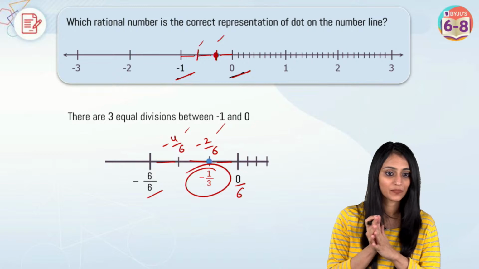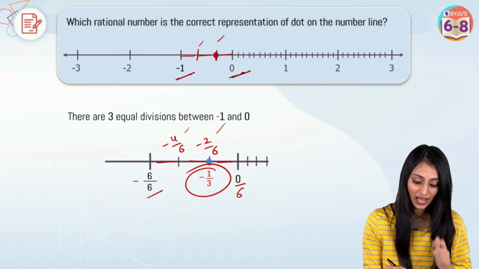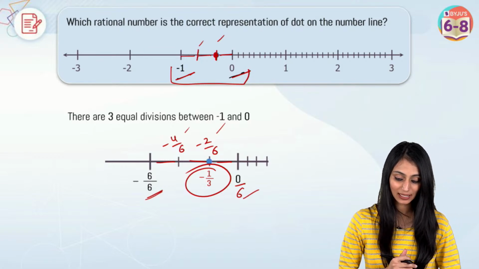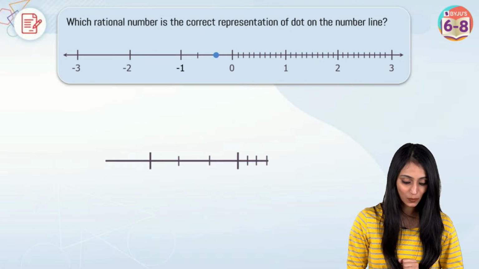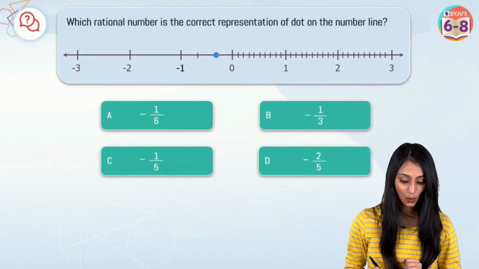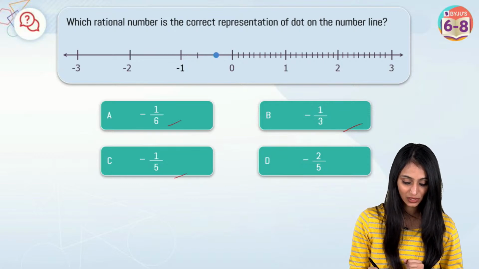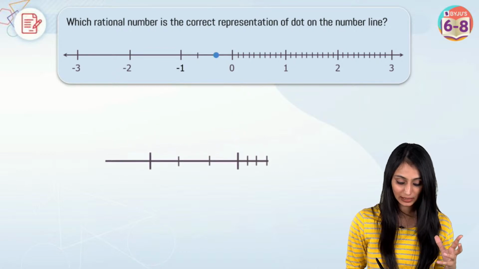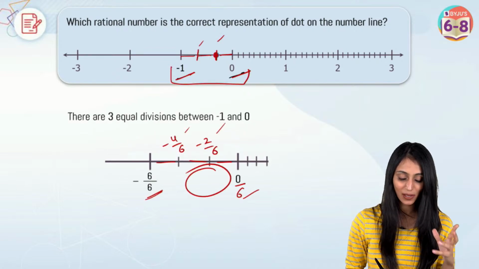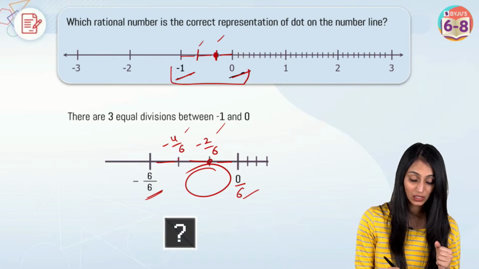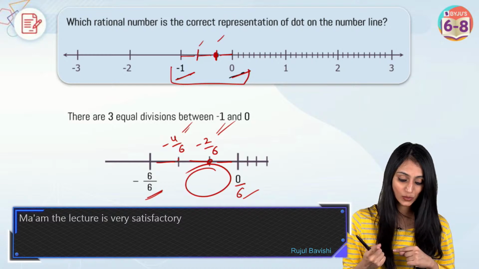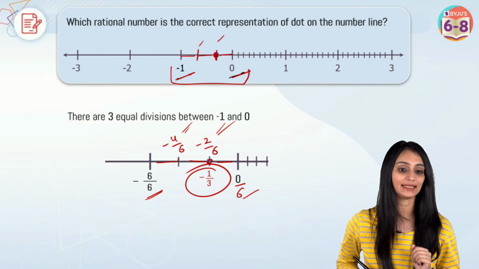Tushar, yes. So basically, I have picked up only this much part, right? So minus 1, I can write this as minus 6 by 6 and 0, I can write as 0 by 6. So I've picked up these numbers accordingly. Why did I pick these? Because in the options, we have the numbers 6, 5, 3 and 2, right? So accordingly, we picked up 6 because equal divisions could be done in that way. So this is minus 6 by 6, that's 0 by 6. Here the dots equally represent minus 4 by 6, minus 2 by 6. According to the option, it's going to be minus 1 by 3.